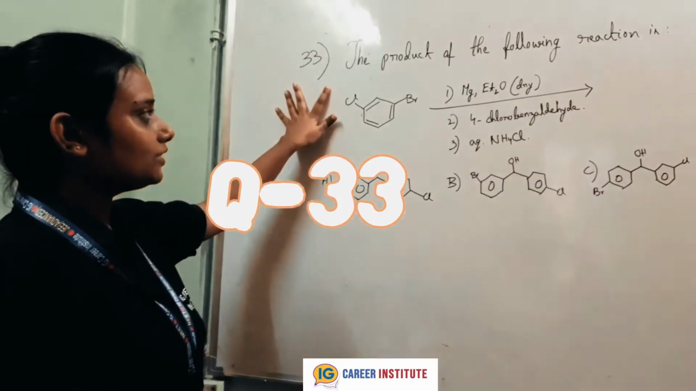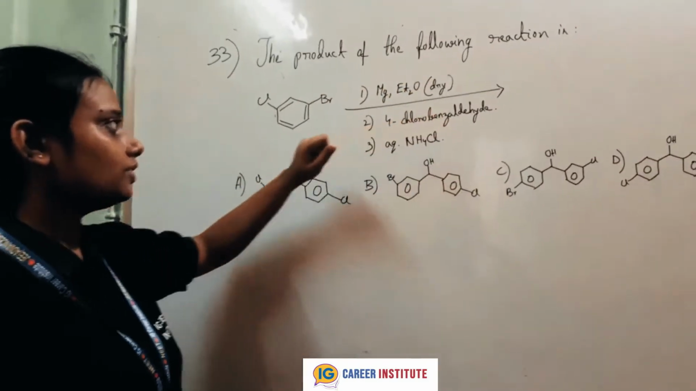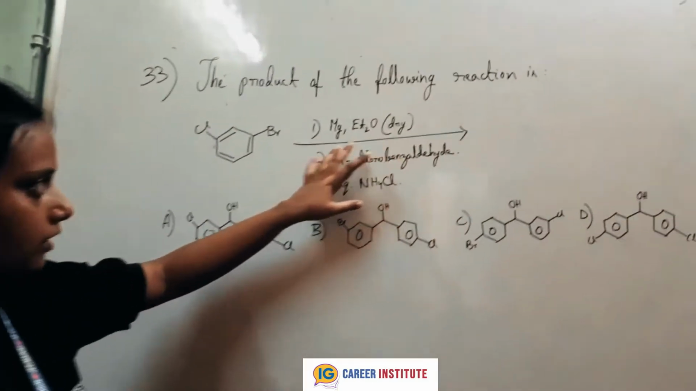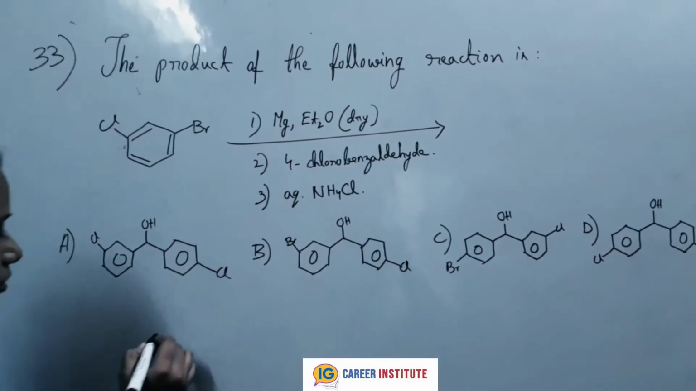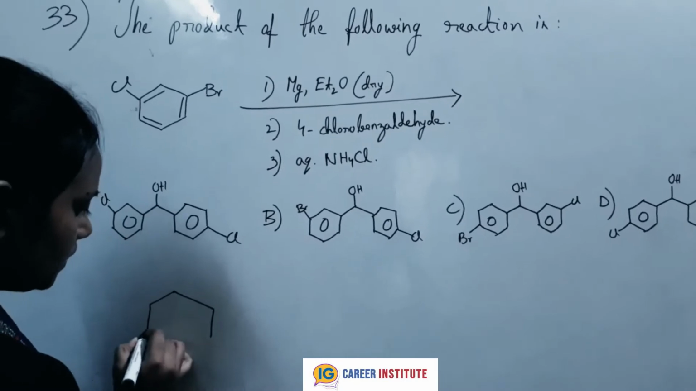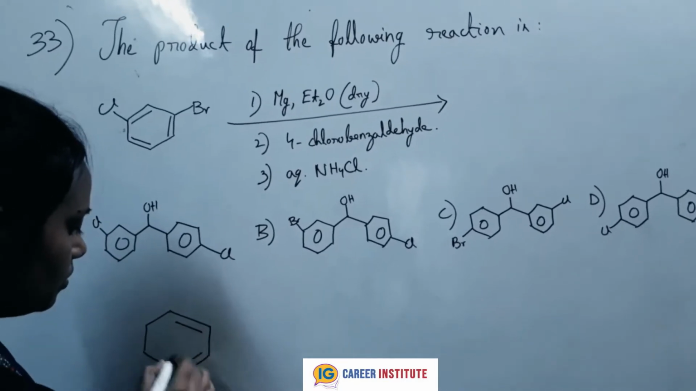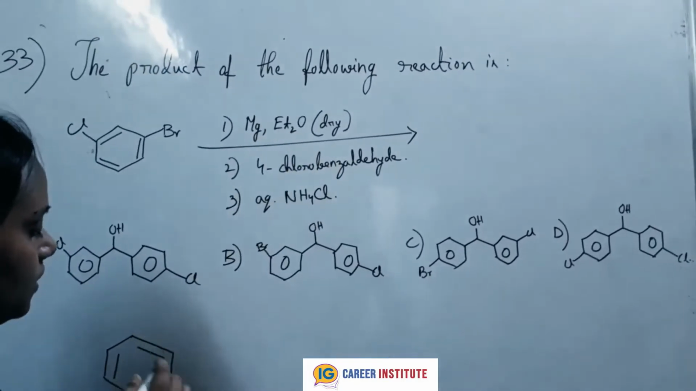So next question is 33. The product of the following reaction is. So we are basically provided with the reagents and the substrate, so we have to predict the product. Okay. So first of all, in the first step, we have to react with magnesium in the presence of dry